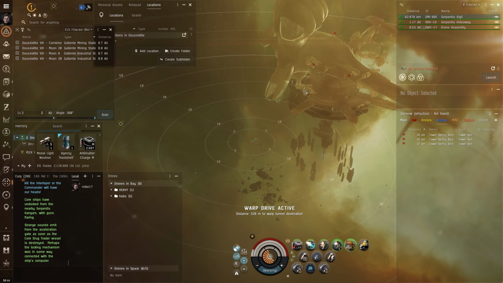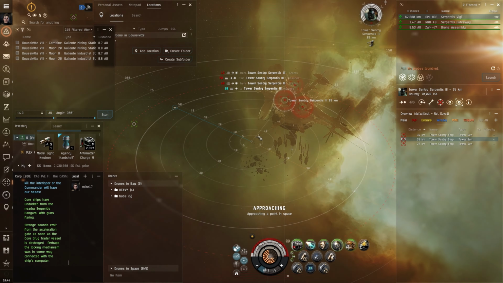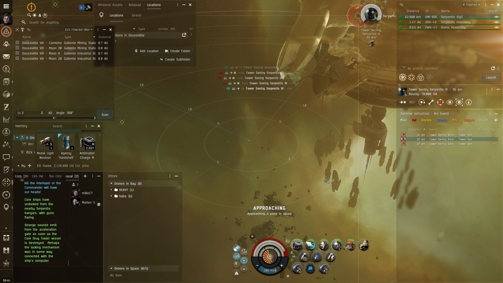So yeah, we're in the second room and we're gonna want to target one of the guns and start moving, start getting out of range because we're gonna get a lot of damage really quickly. As you can see, it's already starting. I'm gonna use a Microwarpdrive a little bit and I should be taking out the drones because as soon as